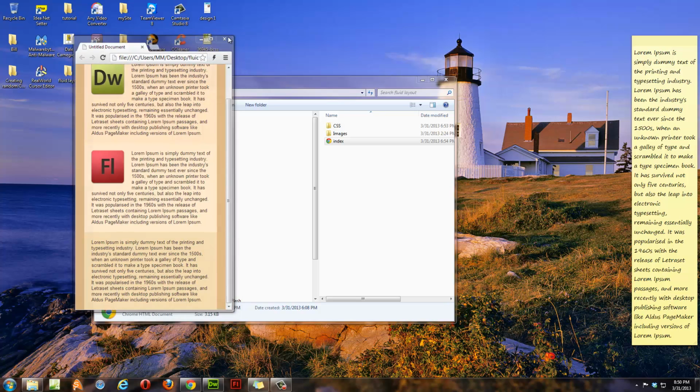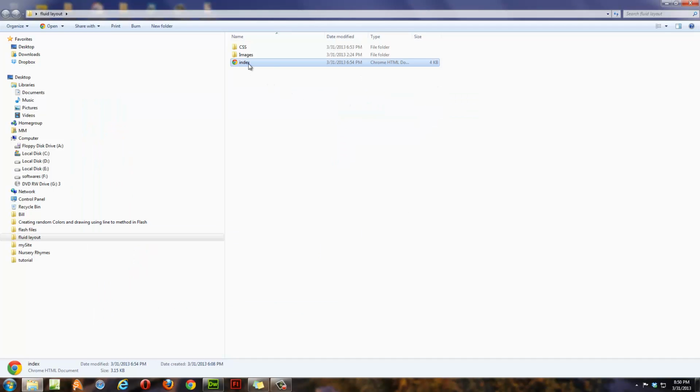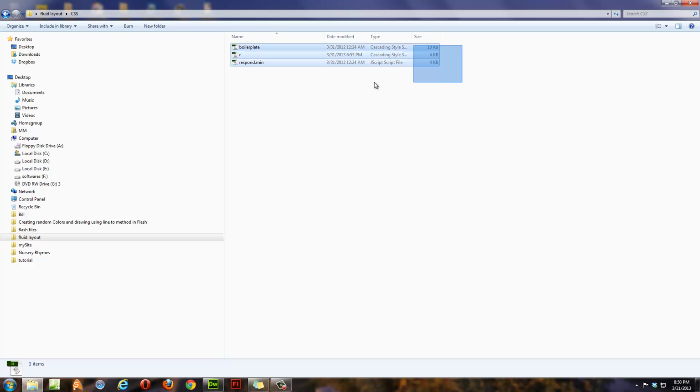Okay, let me close it up. Now this is my local site folder, people. I have this index.html file. I have a couple of images that I'm going to reuse, and I have the CSS folder. So what we're going to do now is I'm going to get rid of these three